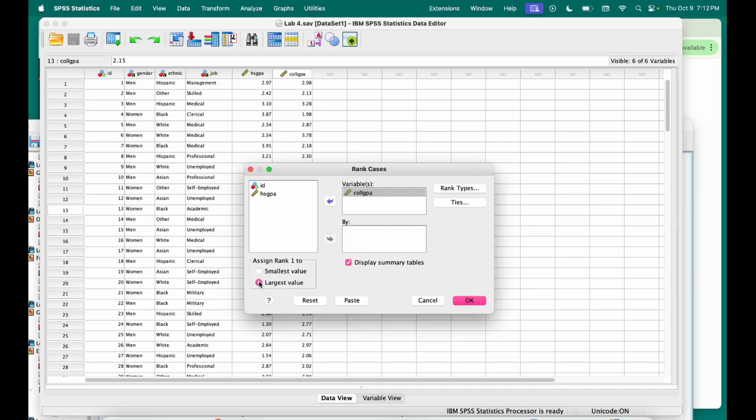And I did this last time as well. Assign rank 1, as in spot number 1 or first place, whatever you want to think of it as, to the largest value. Because in this case, when we're dealing with GPA, the higher values are associated with the quote-unquote better GPA. Smallest value could be used in cases like time,